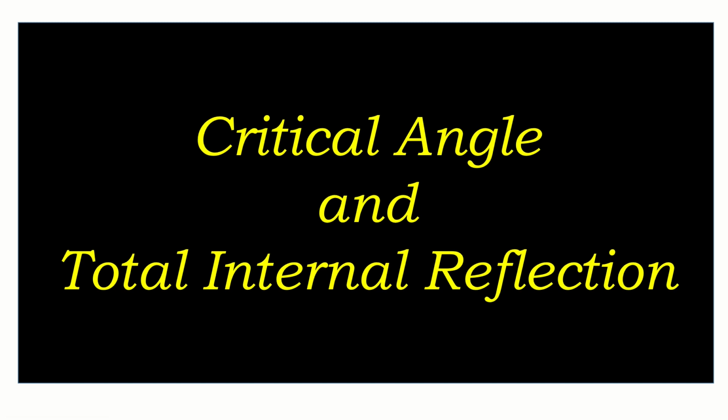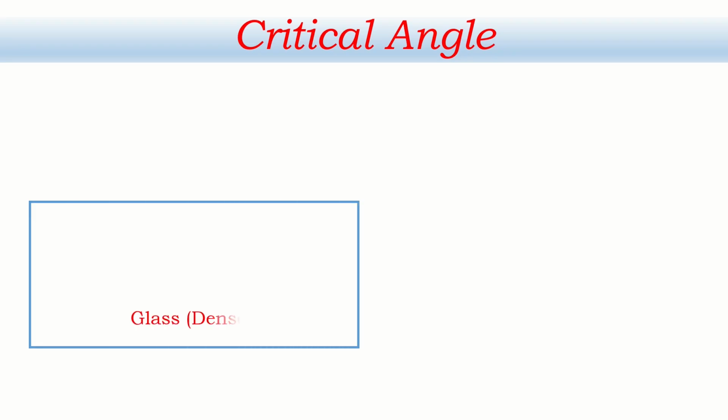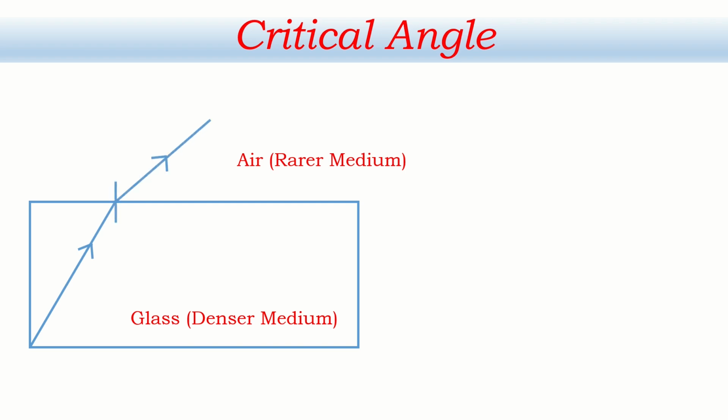Critical angle and total internal reflection are very common terms in light. Let's have a look at these terms. Let's say this is glass, denser medium, and this is air or rare medium. If light is traveling from the denser medium glass to the rare medium air, then certainly it bends away from